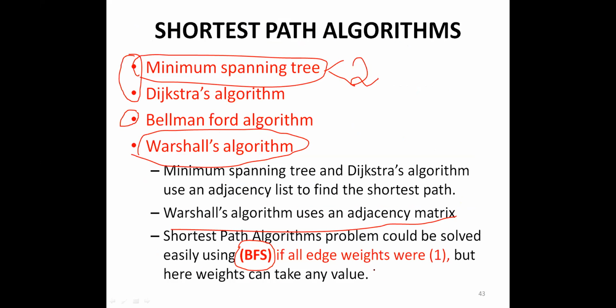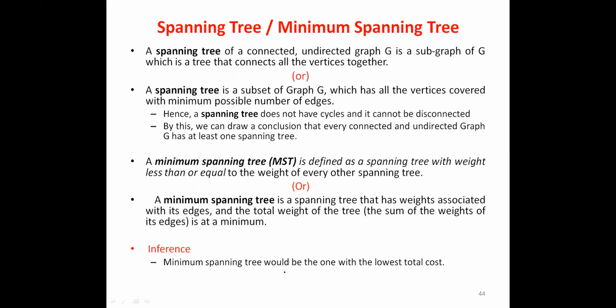When you take unweighted, its length is common, it is unique, so we are taking 1. When the length is common for all the edges, we can go for BFS. But in a real scenario, the weight may vary from one city to another city. When you're connecting, the distance may vary. So we have to look for the real-time scenarios.